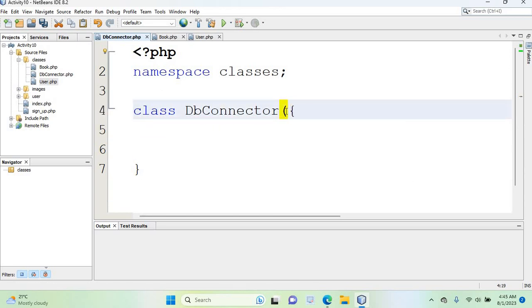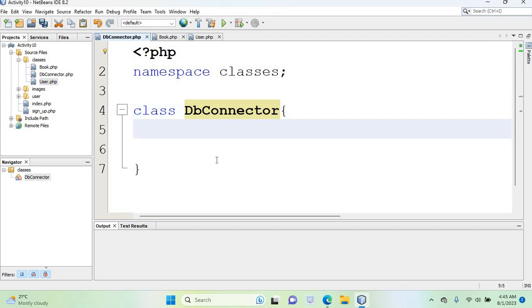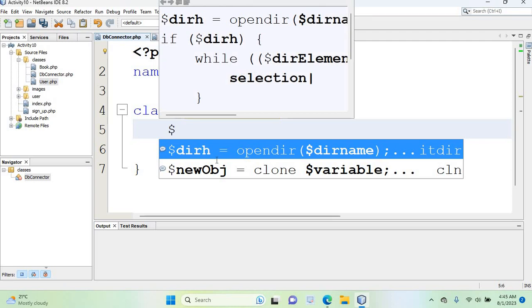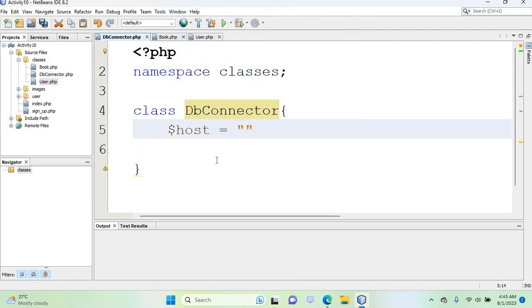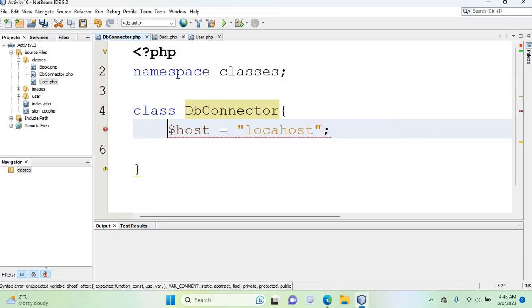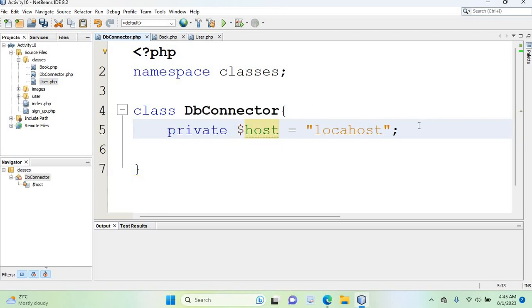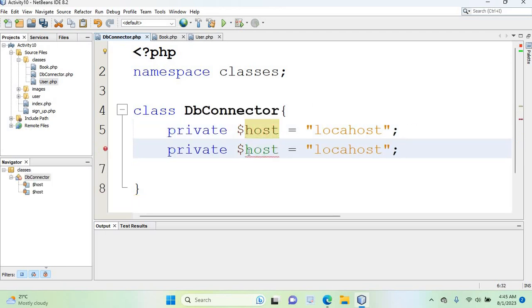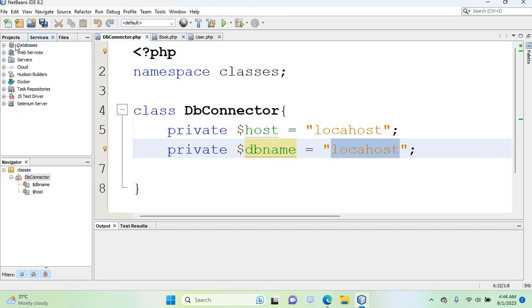Okay, sorry, we don't need this one, DB connector. When you are going to connect a PHP application to the database, we already learned that we need to have certain attributes or properties. So we will define those things. The first thing is we need to have host. Normally host is localhost. We will make this private, and then we need to have DB name, database name. Here we still don't have any database, so I will go to the service tab,